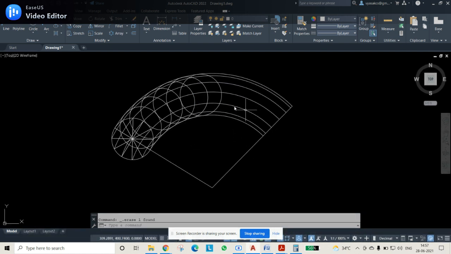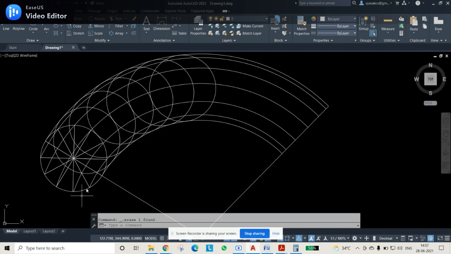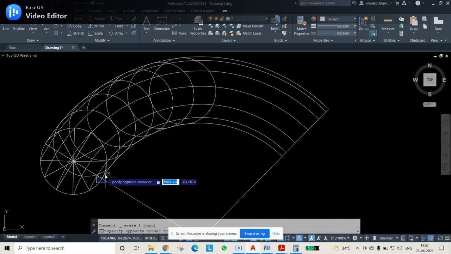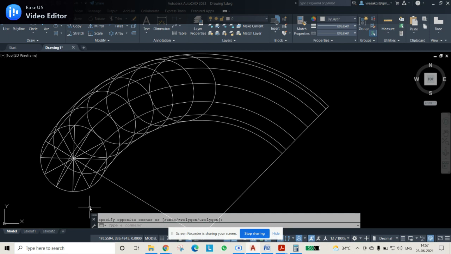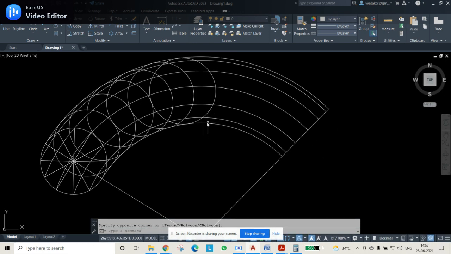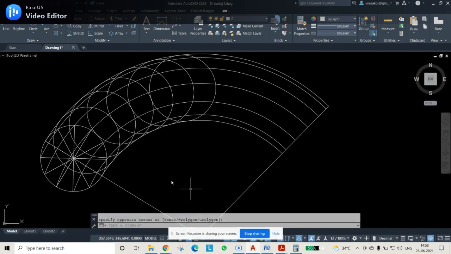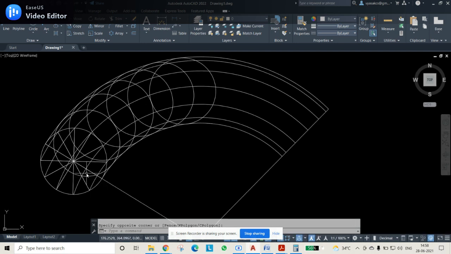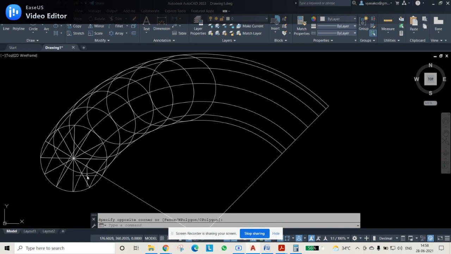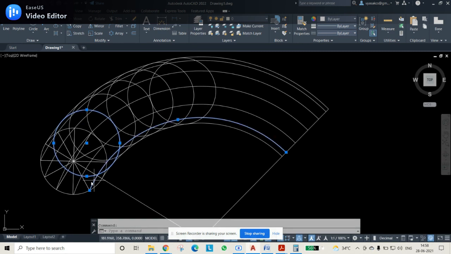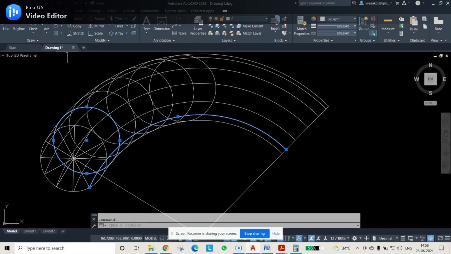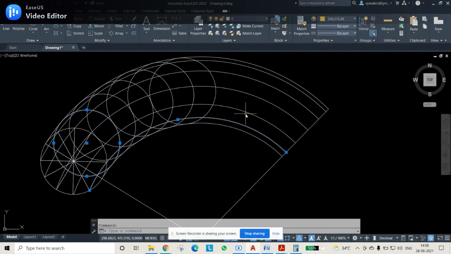Reason is that the clumsiness will be removed. So don't select the first circle, that is the base circle, the generating circle, and the base line, whatever the directing circle is there. Except that, the remaining things will be given separate color coding, so that we will know the intersection points and can draw it correctly. So I will select the first circle and first line, or the first curve, and give separate color. I am giving yellow color here.